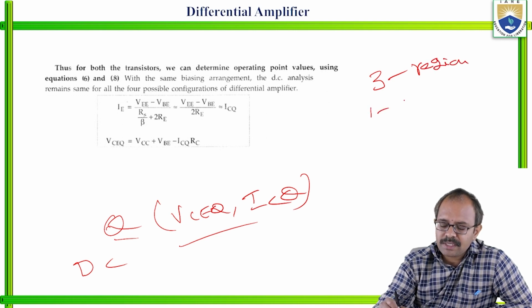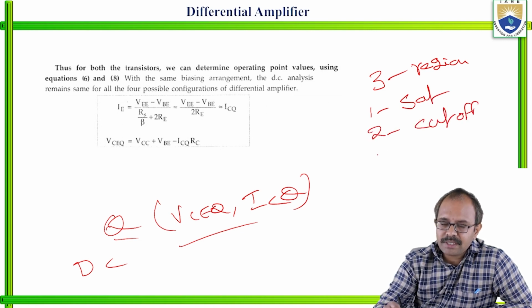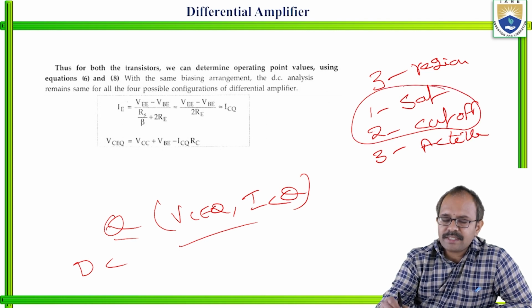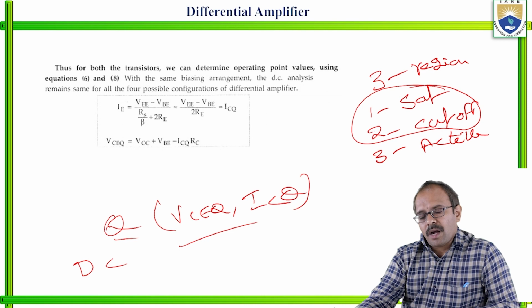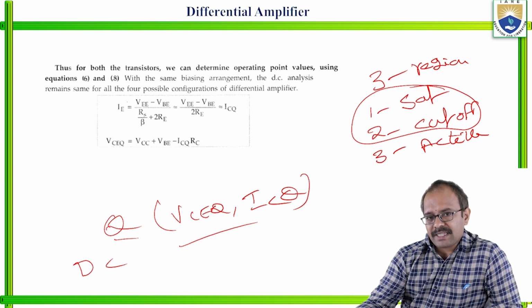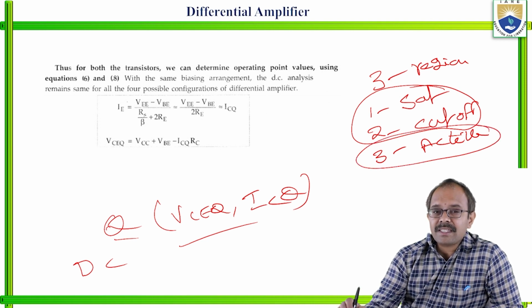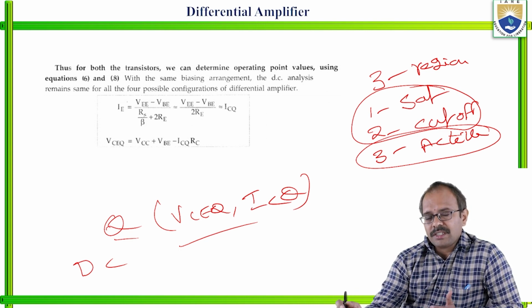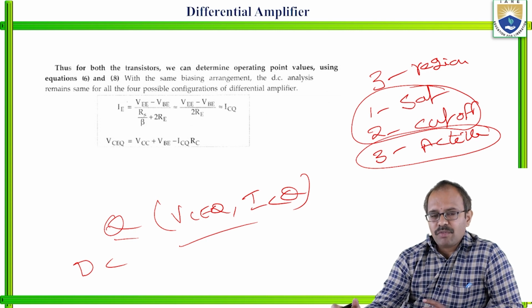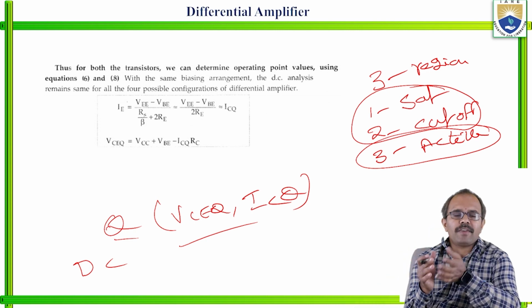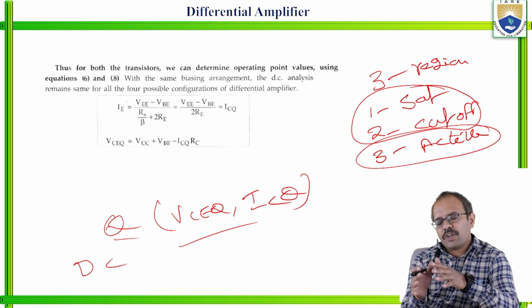What are they? One is the saturation region, another is the cutoff region, and the other is the active region. The first two regions are usually used if you want to operate the transistor circuit as a switch. And the third one is the region suitable to operate the transistor as an amplifier, in the active region. If you want to operate a transistor as an amplifier, we need to fix the Q point